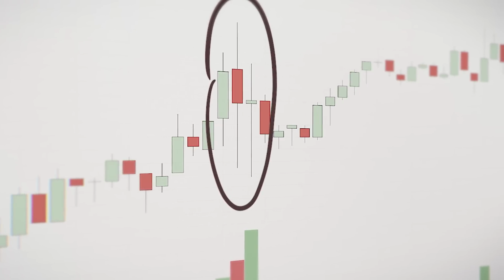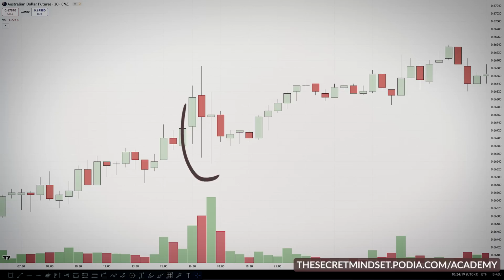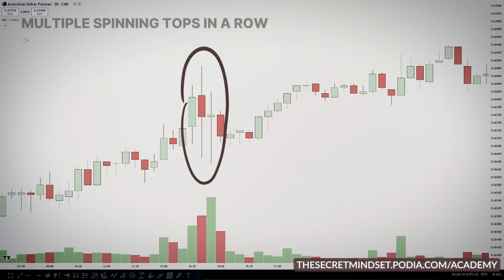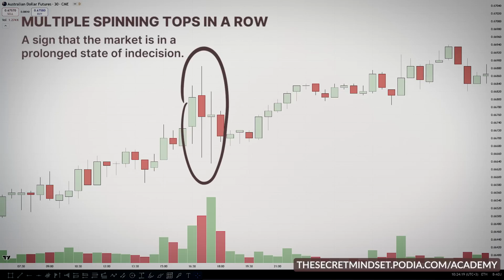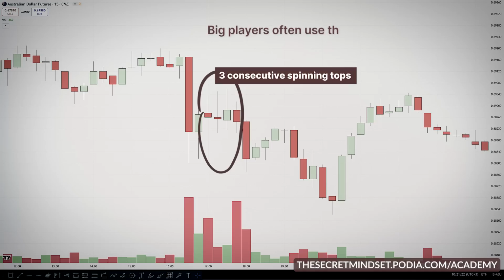Spinning tops are most effective when they form at key support or resistance levels. Sometimes you'll see multiple spinning tops forming in a row. This is a sign that the market is in a prolonged state of indecision. While this might seem like a strong signal that a big move is coming, be careful. Big players know that traders are watching these patterns, and they'll often use the series of spinning tops to set up a bigger trap. If you see multiple spinning tops forming, it's a sign that you should be extra cautious